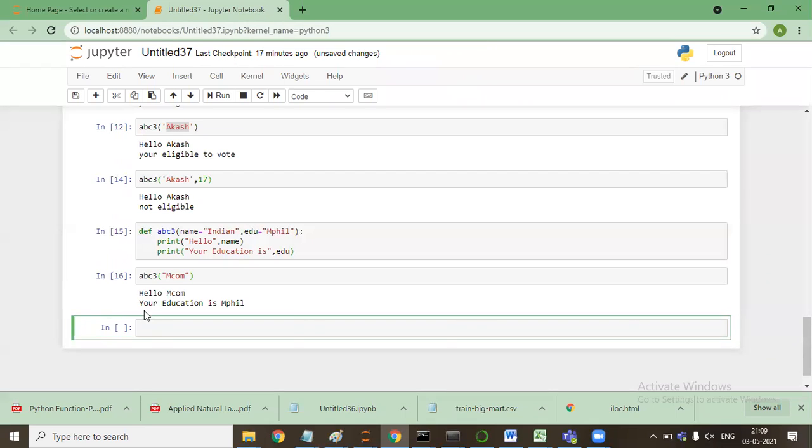It has considered the string but replaced the first argument automatically.